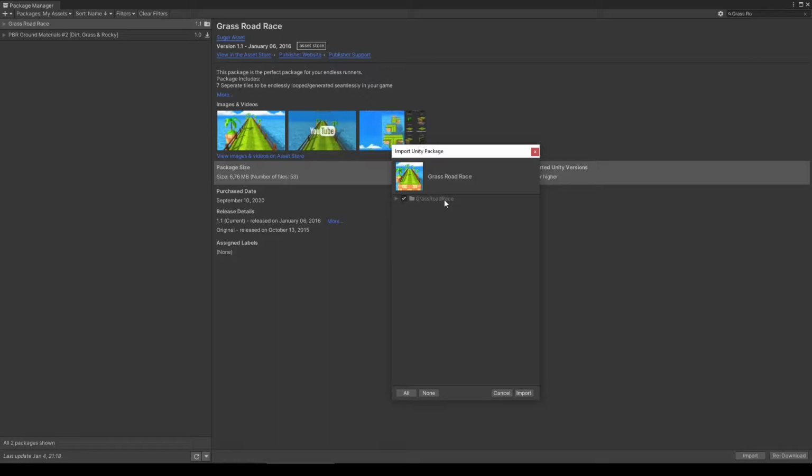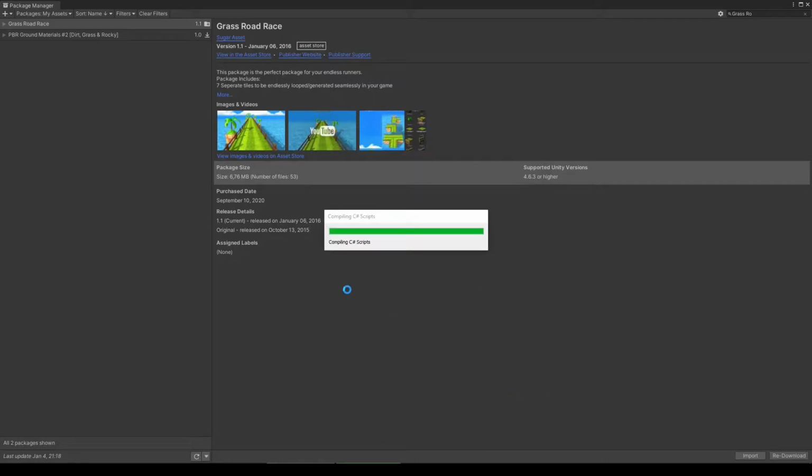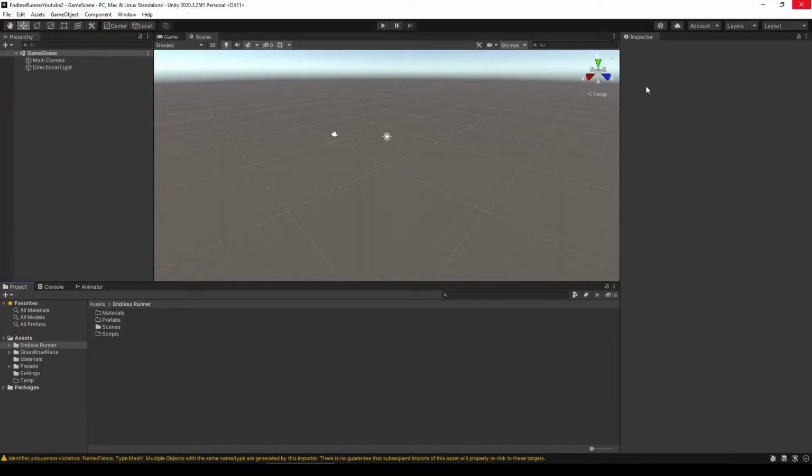So that's pretty nice. It's actually contained in its own folder structure and it's not going to collide with anything else that I've created in my game so far. So I'm going to import the asset. Once the asset has been imported, you can close the package manager. And if you go down to the Grass Road Race, you can see that the data has been imported with